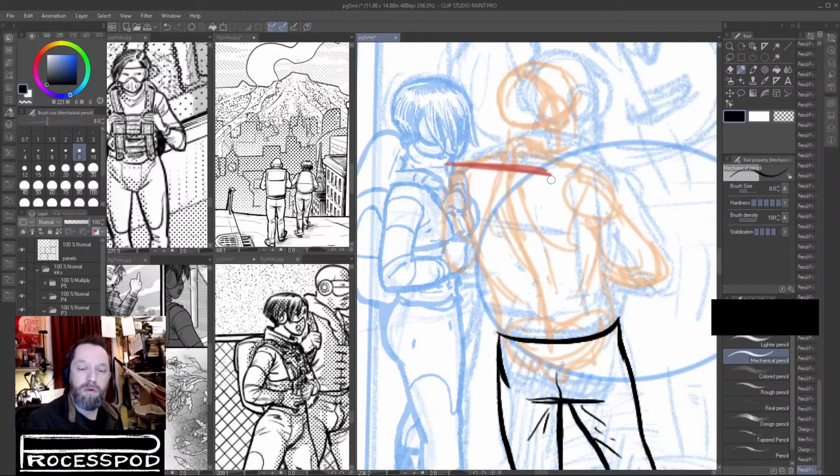Gestural figure work along with anatomy. So like a lot of what I'm doing here, I've been able to